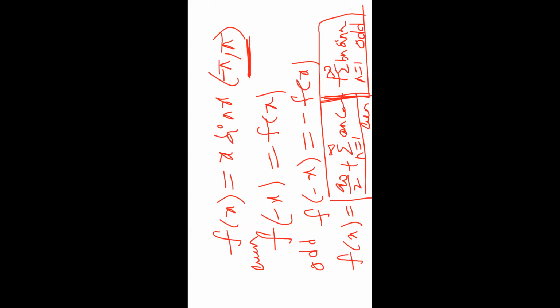Why are we taking the first two terms as even? I already told you cos is the best example of even, because cos of minus theta equals cos theta. In the first term also, taking a naught by 2 into cos 0, cos 0 is 1, so 1 into a naught by 2.